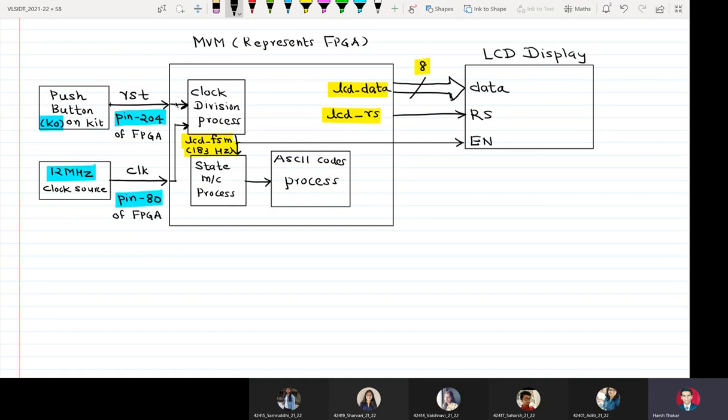Okay. Now one thing which I did not do here is that I should also show the RST signal here. A clock is given here as well. So this clock signal, what I will do, I will change it to CLK underscore 12 megahertz. Okay, so this is the signal. So clock underscore 12 megahertz is a signal which is having a frequency 12 megahertz, and it is given to process number 1, which is doing frequency division, but it is not given to process number 2. And this reset signal also comes here.